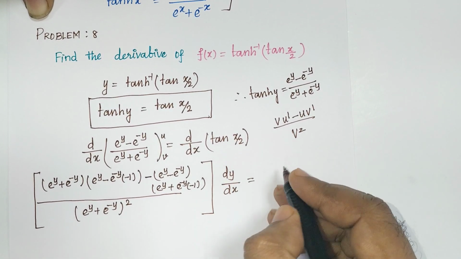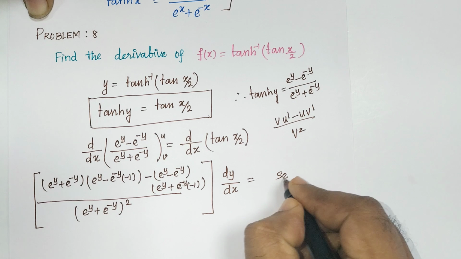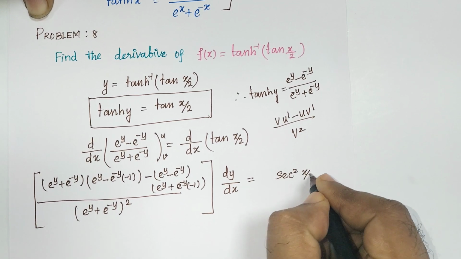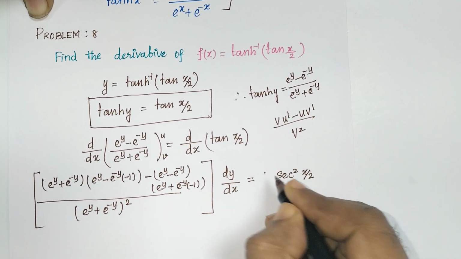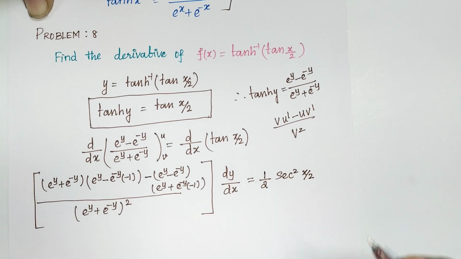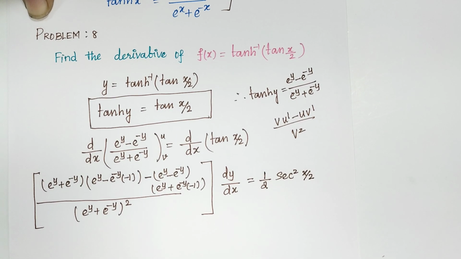Here tan x by 2 differentiation is secant square x by 2, and x by 2 differentiation is 1 by 2. So your answer, differentiation of tan x by 2 is 1 by 2 into secant square of x by 2. Now you can simplify this. You will get here